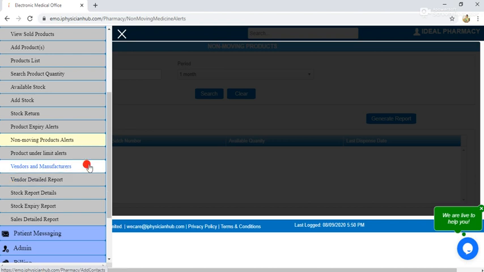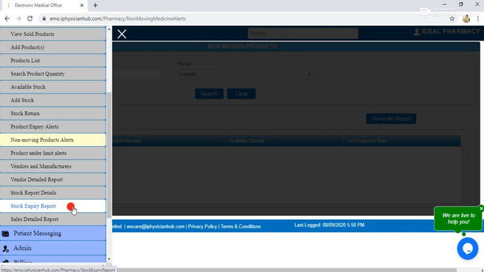And you can have the whole list of vendors and manufacturers, and the pending payment details, and when a certain stock came from which vendor. All those details will be given in the vendor detail report and stock detail report, to know how much of which stock is left, and depending upon that we can restock and fill back for sale.